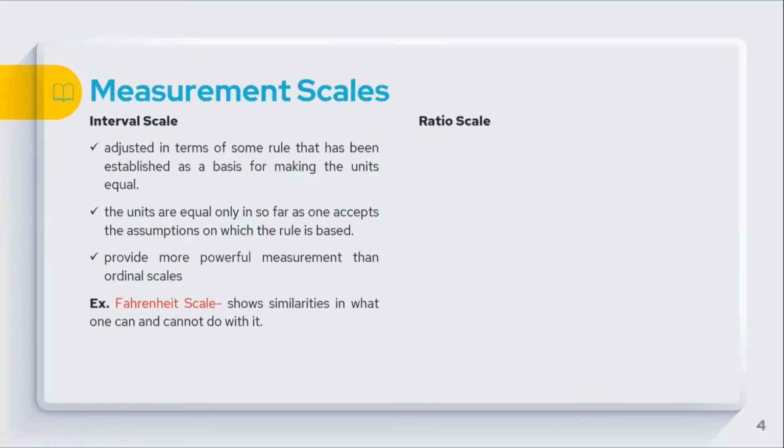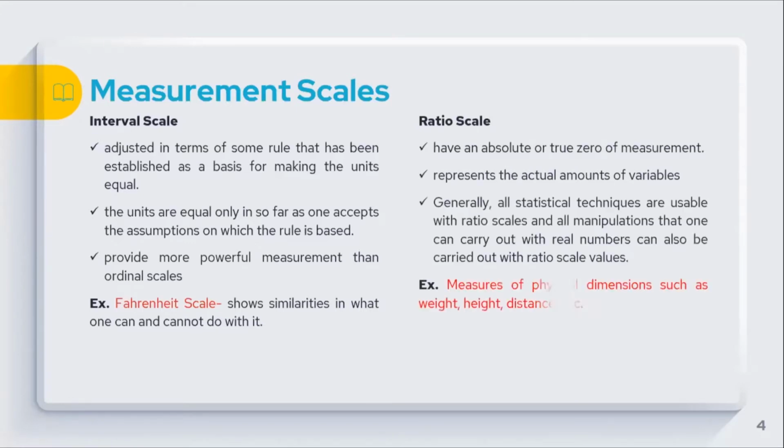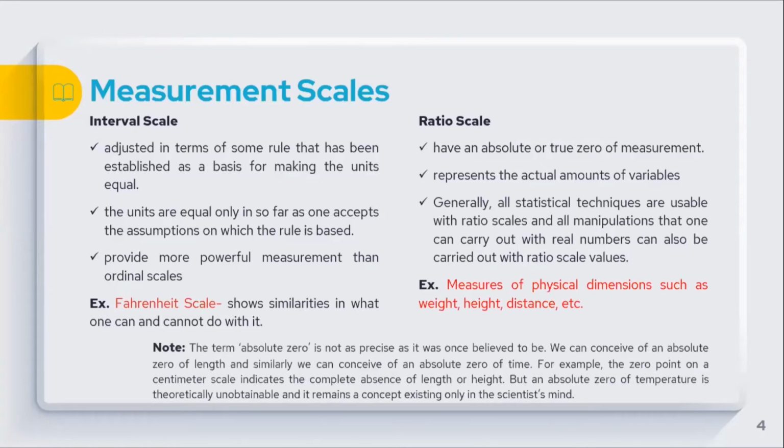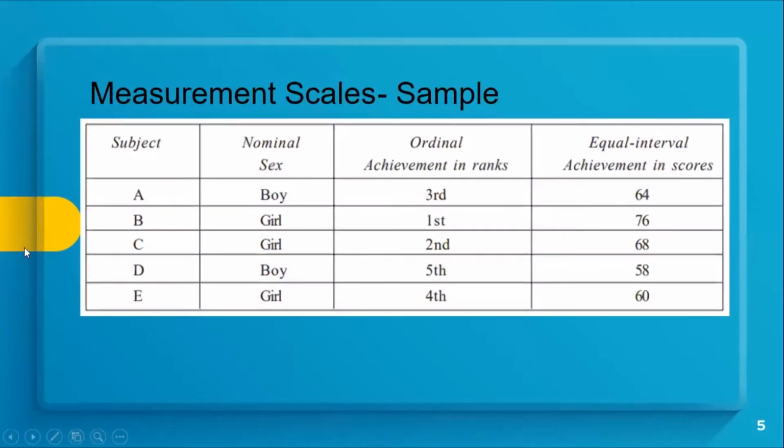Okay? So that's scaling. Ratio, mao pod ni ang katong gitawag nato nga mga absolute, no, ratio kanang 1:5, no? 0:1, no? So that's ratio scaling. So measures the physical dimensions such as weight, height, distance, and etc. That's ratio scaling. So tanaw ninyo, kung makita ninyo sa akong presentation, the measurement scale sample, like for example,